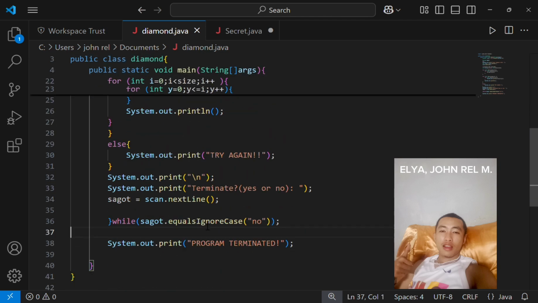Then if the user answers no, it will loop infinitely. So we have a while here.